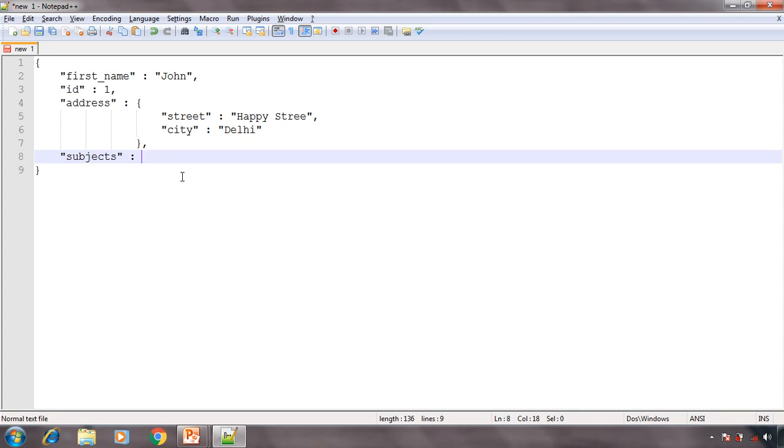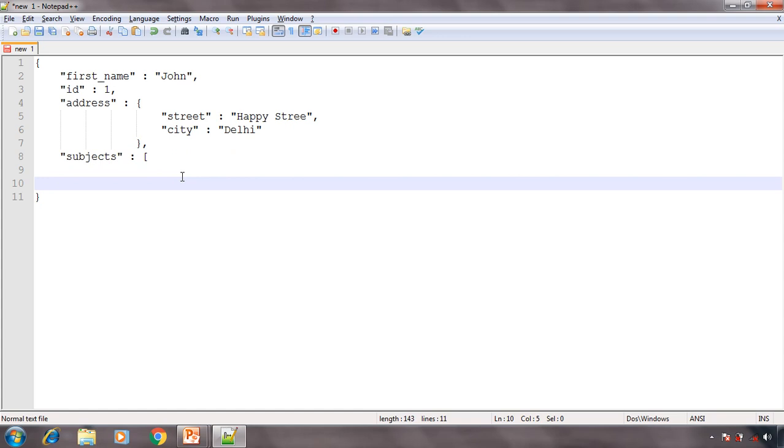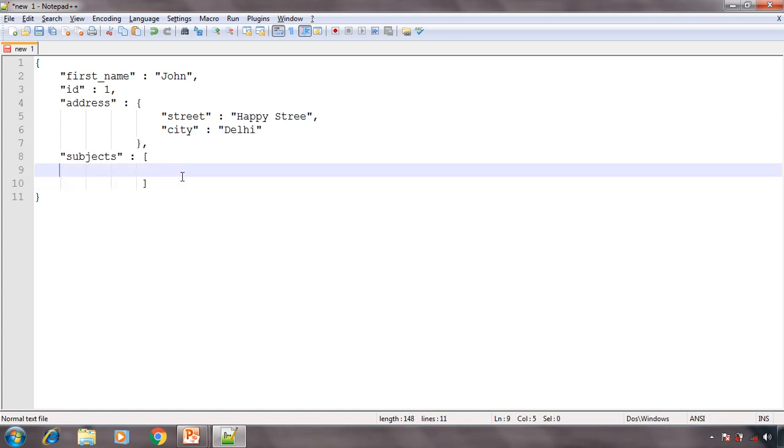Now say for example, in our student.java, we have a java.util.List of type Subject. And inside that list, say for example, a student is learning two subjects. So that list will have two objects of the Subject class. In JSON, array or list, whatever you say, we define with square brackets. So starting this bracket and ending. So this is basically a list or array, whatever you say. Now inside this list, we have two objects of the Subject class.